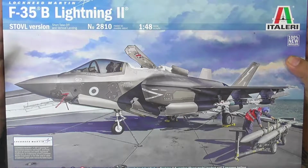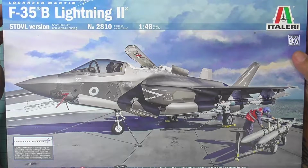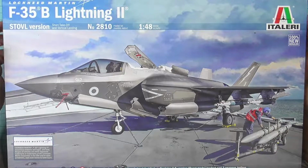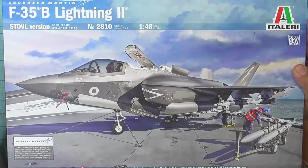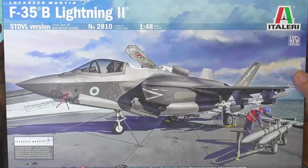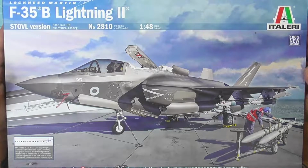The box is fairly large, 4 inches tall, 11 inches wide, and 17 inches across. So, like I said, it's a good size box that the kit comes in. Licensed by Lockheed. I've been fortunate to have a couple of friends that fly the F-35,